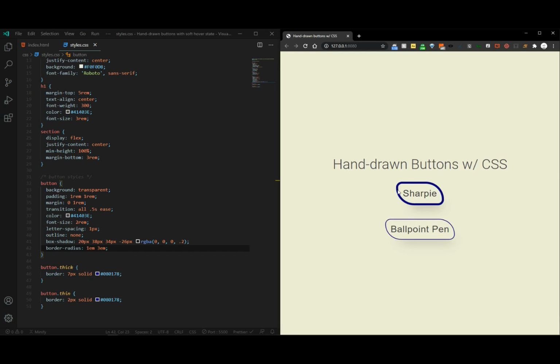So I've got 1 EM border radius up here and 1 EM border radius down here. But on my top right and bottom left, I have 3 EMs, which is why it's more pronounced. Okay. Now, if I added a third